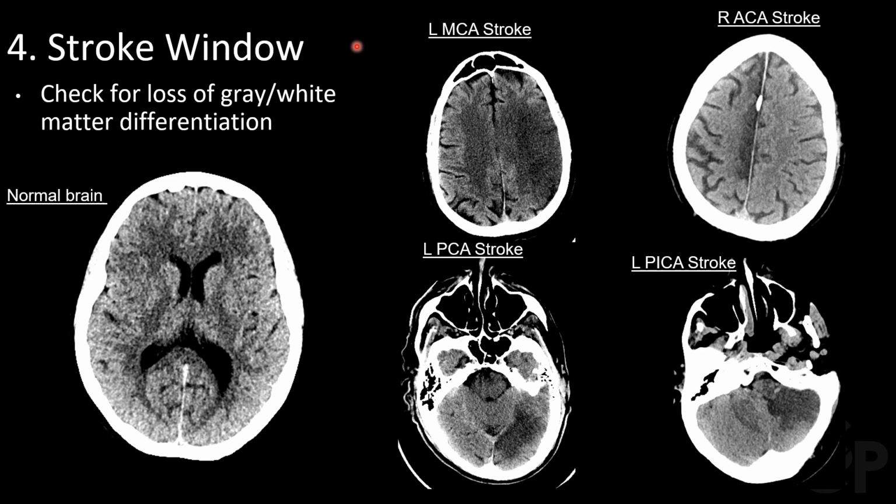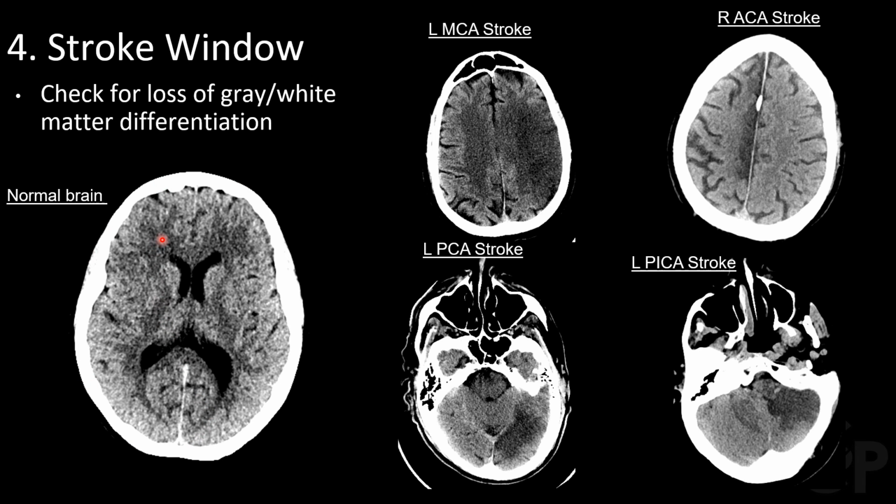So we've talked about our three foundational windows, the soft tissue, bone, and brain, and you should always use those windows when you're evaluating a head CT. We're going to move on and talk about a couple of specialized windows that you can use when you suspect specific pathology, starting with stroke. As you can see in this example of normal brain here, the stroke window is